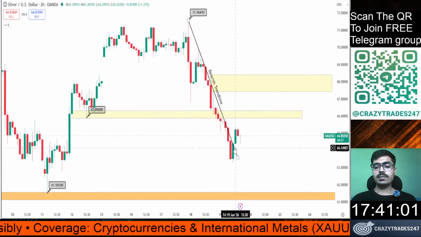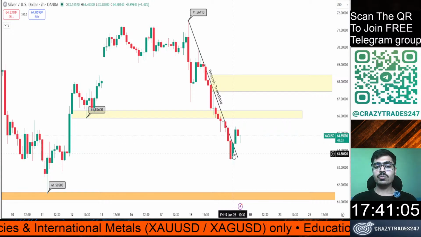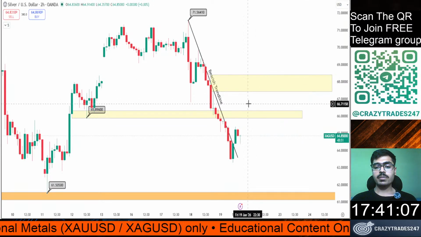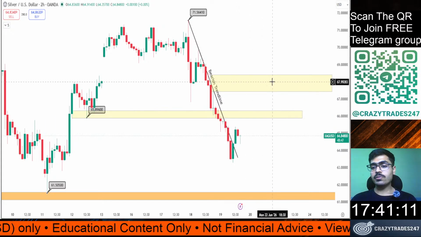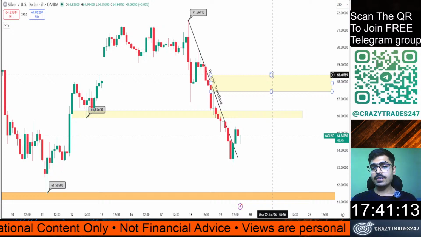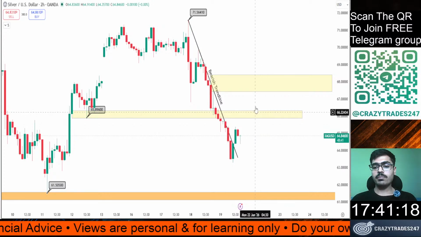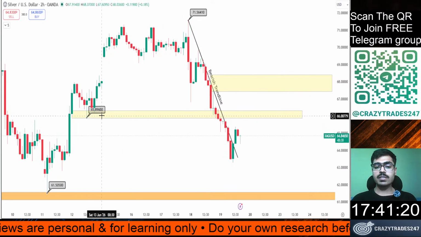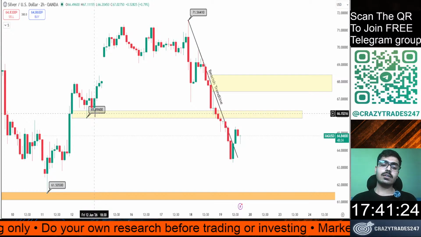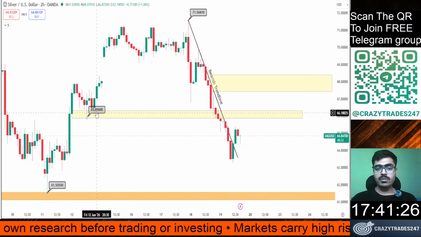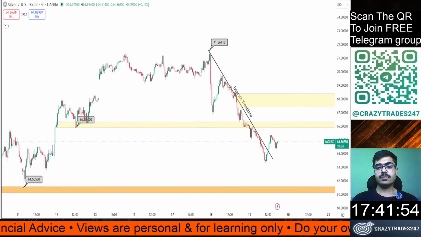So looking at these two big green candles, it seems like price wants to give a strong pullback from this level. But this pullback, if it continues, might continue till 68.40. And before that, we still have this support level, which earlier should have worked as a support. But even if it didn't work as a support,